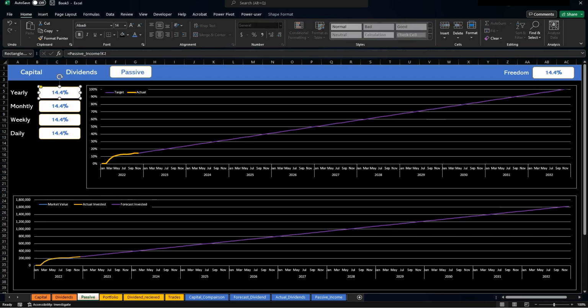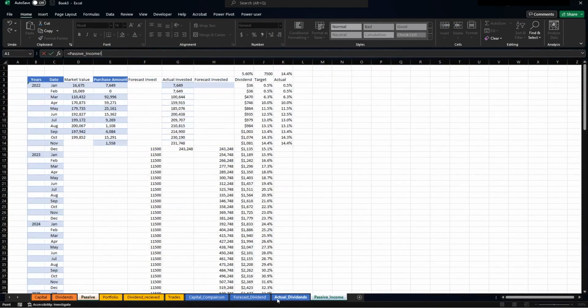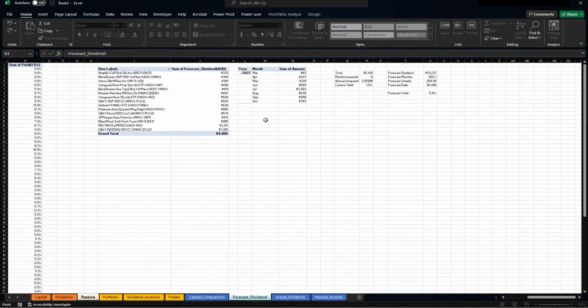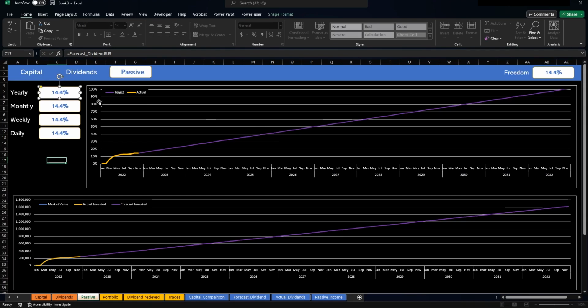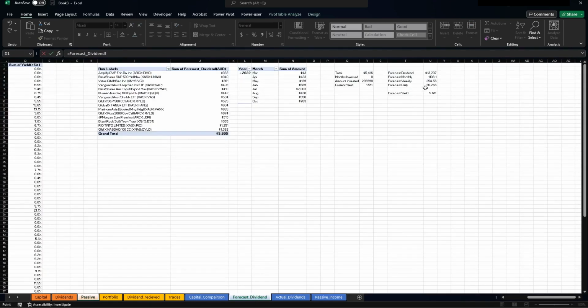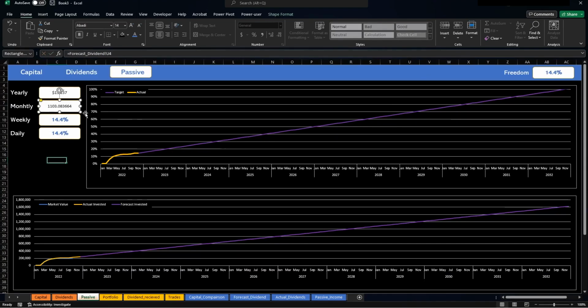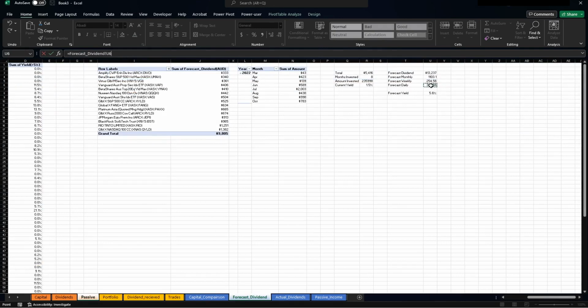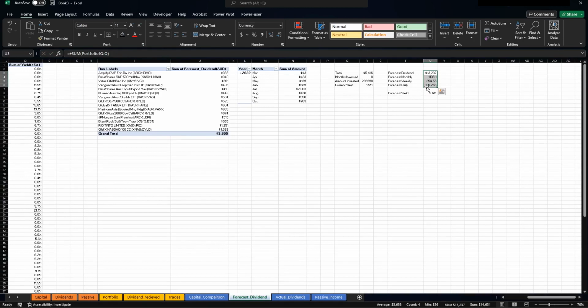Now, pretty simple. We've already done all the calculations, so we go back to here. The yearly number is here. The monthly is this one here. The weekly is this one here. And the daily is this one here. So let's just format these so they're in a better format, so that the